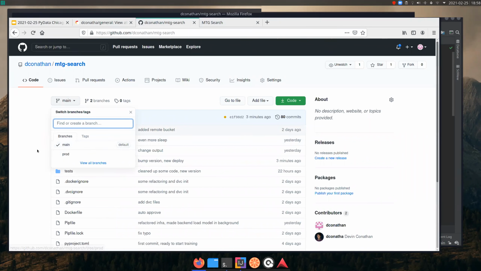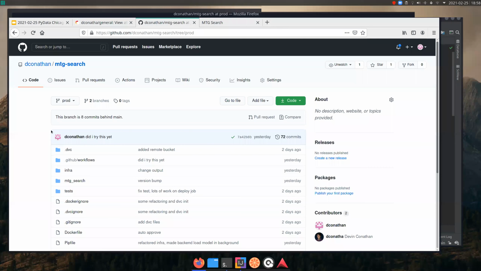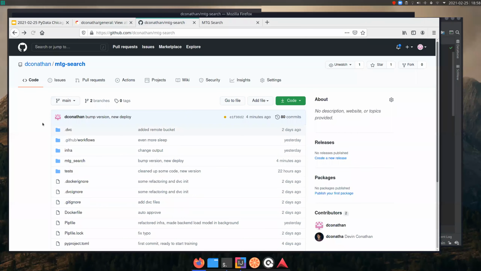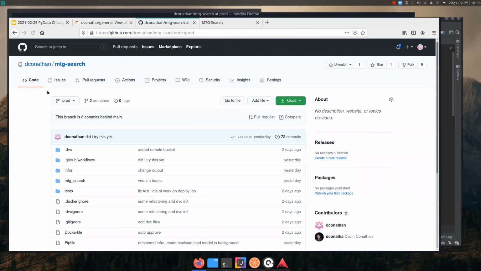There's a practice where you have a branch that corresponds to a prod environment, and whenever I push a change to the main branch, it automatically deploys, and I call that my sandbox environment. That way I can do development and test new ideas and maybe break stuff,